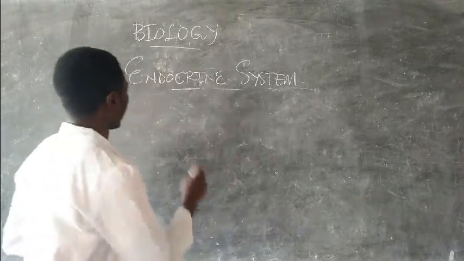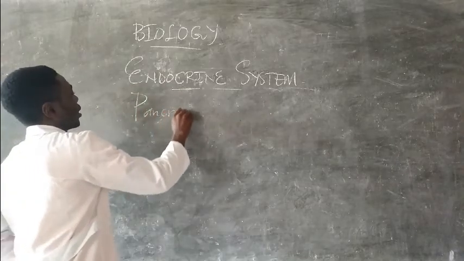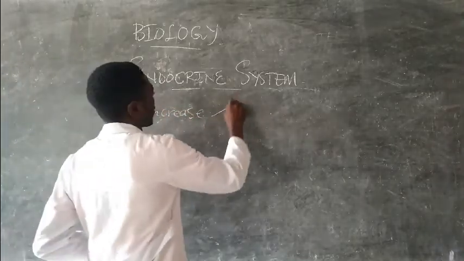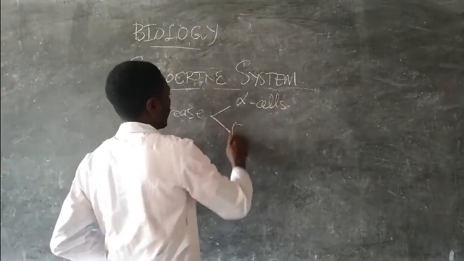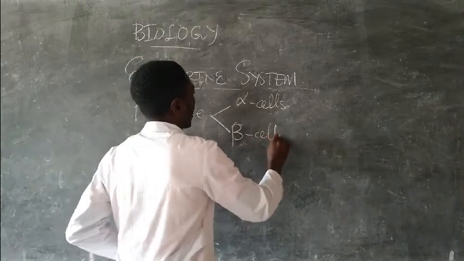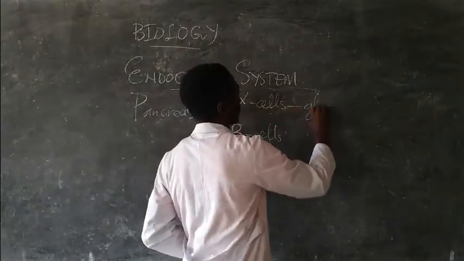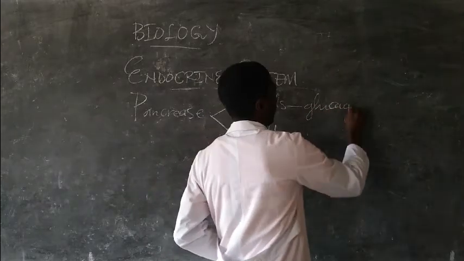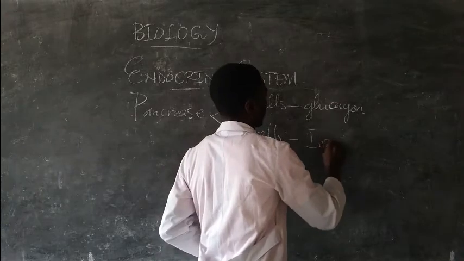You have the alpha cells of the pancreas. The pancreas has two types of cells, alpha cells and what we call beta cells. Alpha cells are the ones that secrete glucagon. Don't make the mistake of saying that alpha cells secrete insulin. Beta cells secrete insulin,